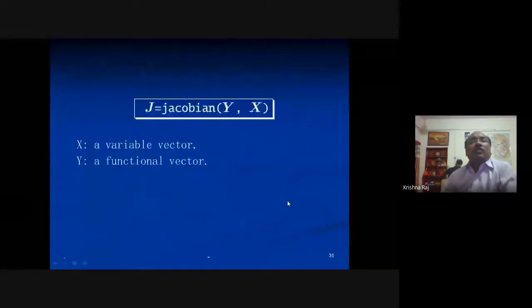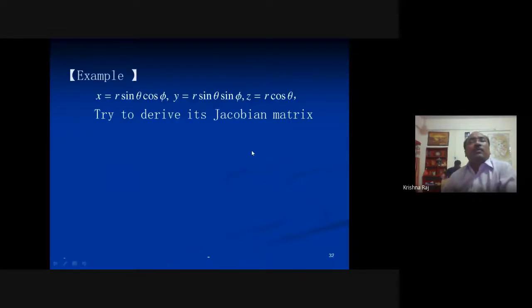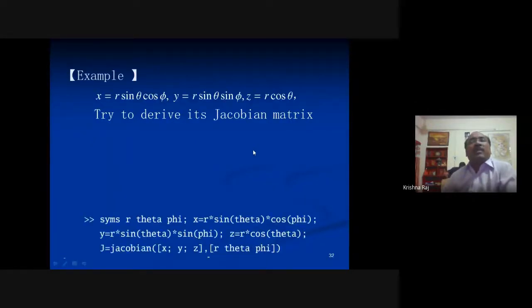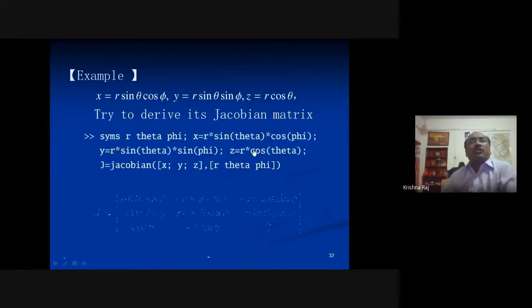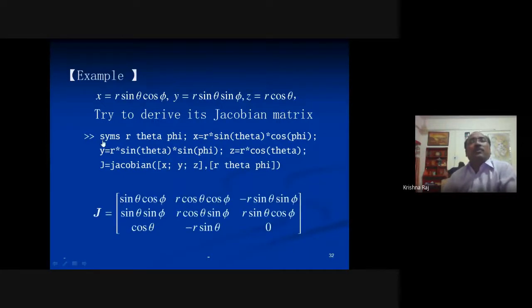Now, in order to solve the Jacobian, in order to get the Jacobian matrix, we have to utilize this command here, jacobian. Very simple. Now, see, that may be very complex or very simple here. We are just using this one. J becomes this one, the first here, sine theta cos phi, when it is different, because there are the three parameters r, theta and phi.